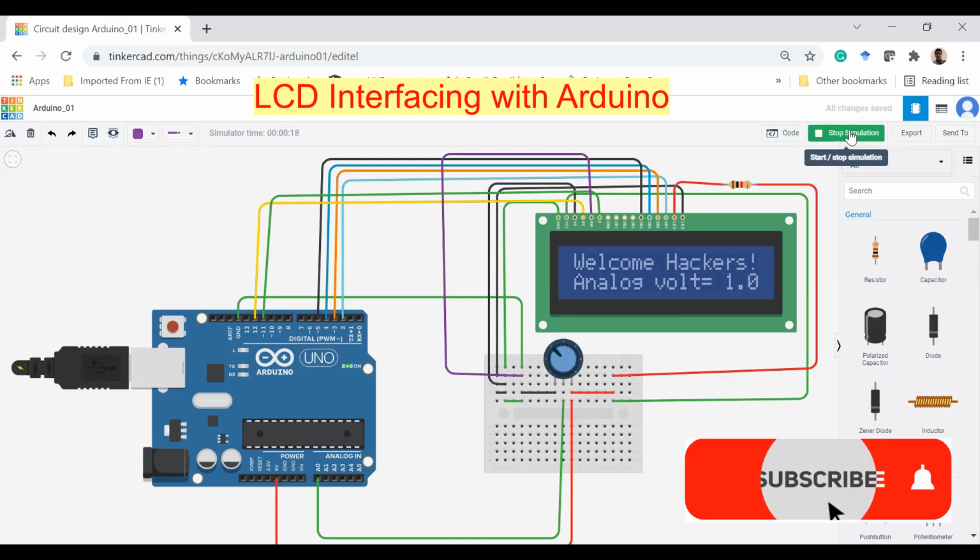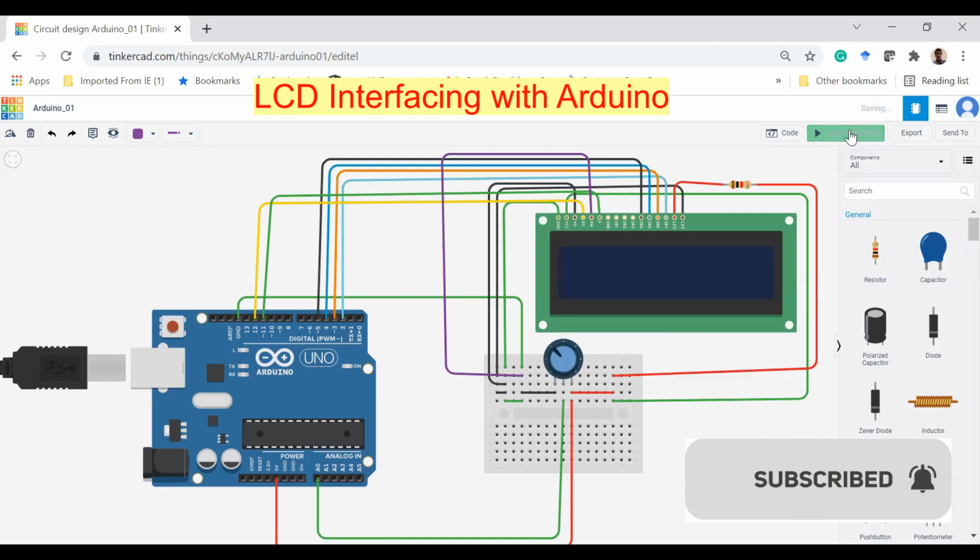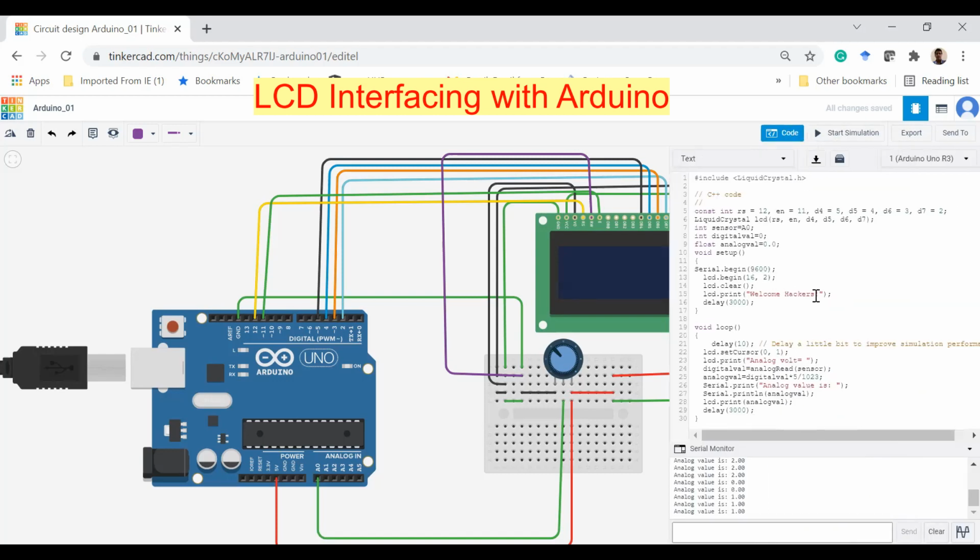So that's all about displaying a value, any sensor value, or any result or message on a 16x2 LCD. And you can download this code, compile it, and dump it to the original Arduino hardware board, and you can design the same connection